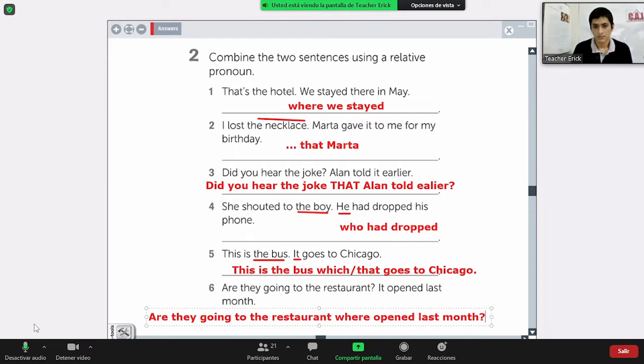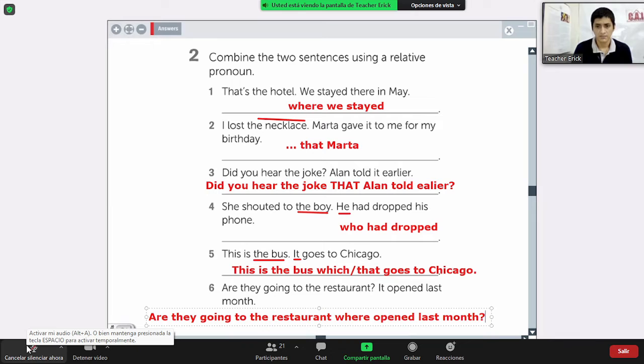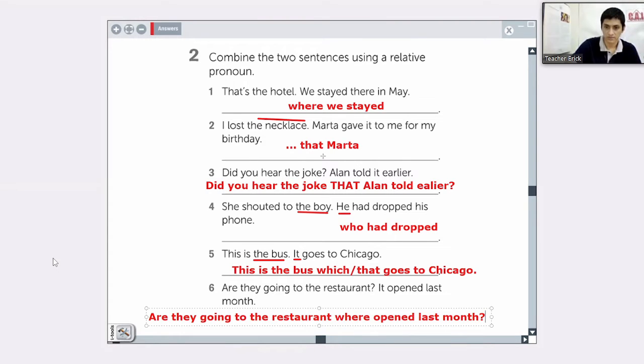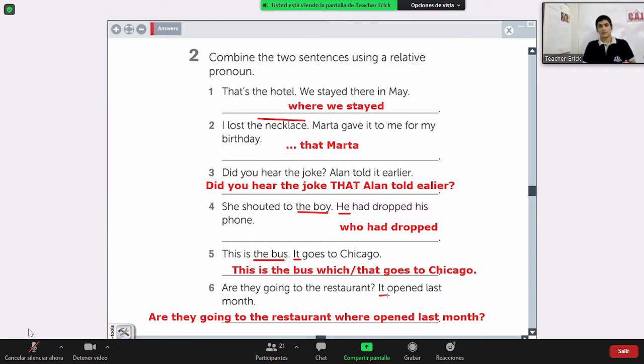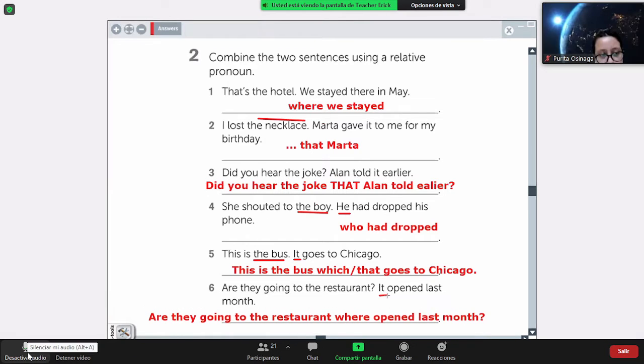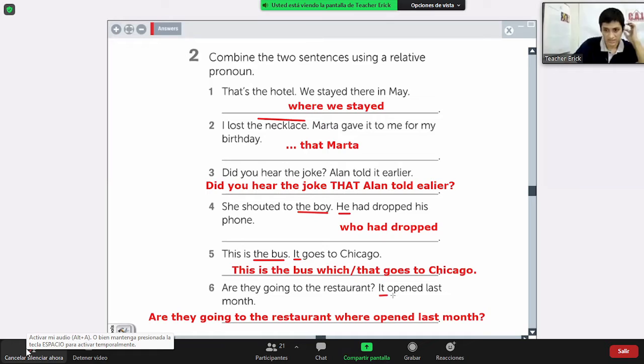Were it open? No, okay. Esto es como la anterior que vimos, el it's open, okay. Pero es sin pronombre, okay. It, ¿a qué se refiere? Al restaurante. Open se refiere a la acción